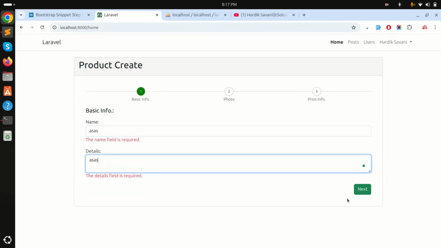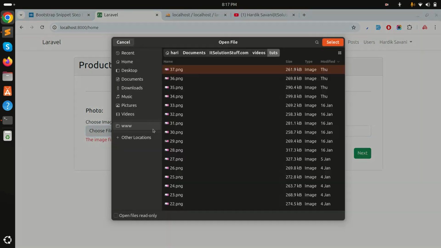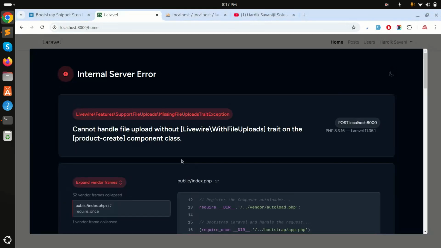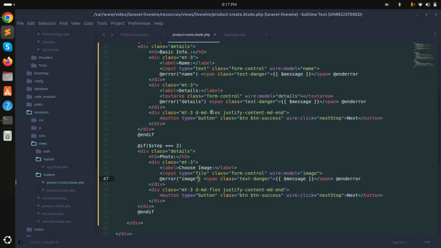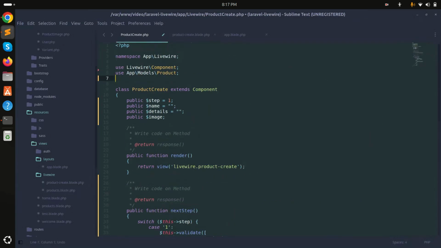If I add something, click on next, and if I click on next, you can see that the image field is also required, okay. Now if I go here and I choose any photo, then you can see that I got the error: you cannot handle file upload without Livewire WithFileUploads trait, okay. So what you need to do, simply copy, because you are doing the file upload over here, so paste it over here,